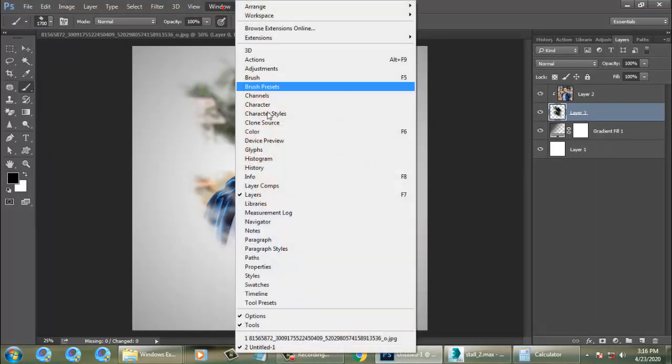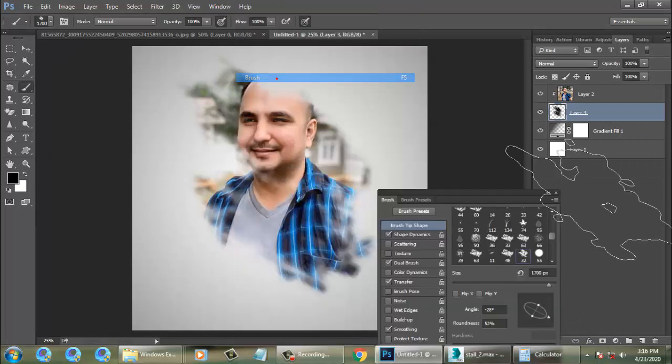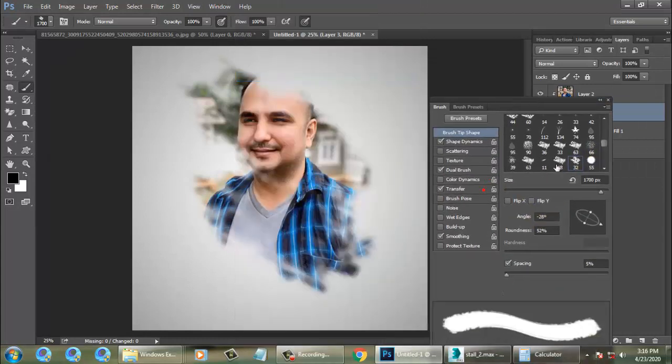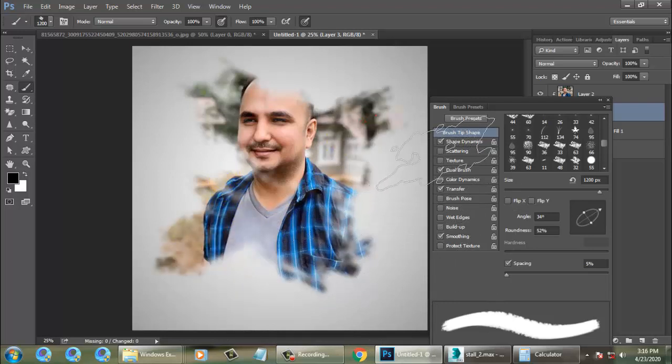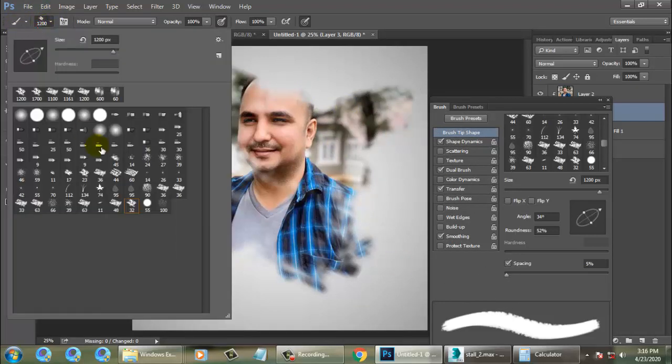Let's go into Window, let's go into the brush over here, and also you can just rotate the brush over here, reduce the size of the brush. I can just create it in this way. I'll go over here again and I'll take another brush over here.